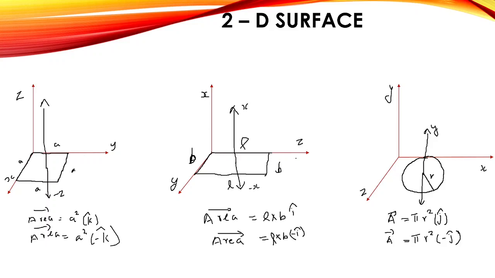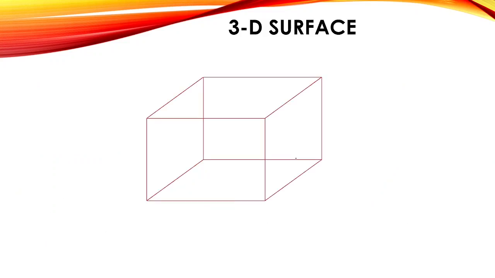Now let's look into what is the difference between the area vector in a 2D surface and a 3D surface. So let's consider a 3D surface. So this is my cuboid. For a 3D surface, we need 3 coordinates to represent a body. That means we need an x-axis, a y-axis, and a z-axis. It will be in the x, y, z plane. Okay. So here we can represent it as, let's draw here.